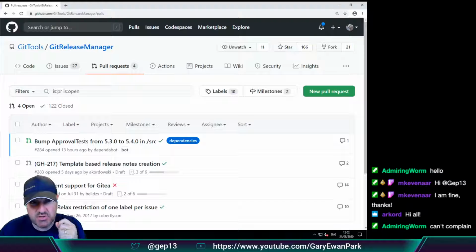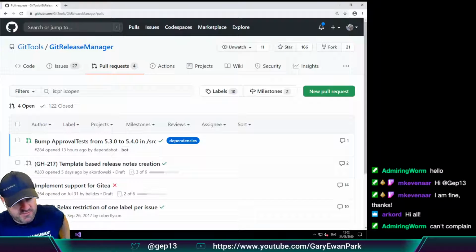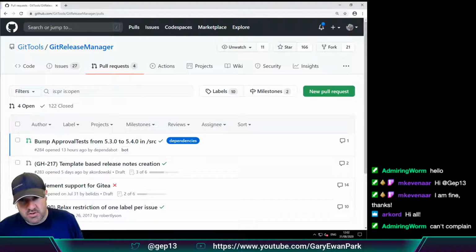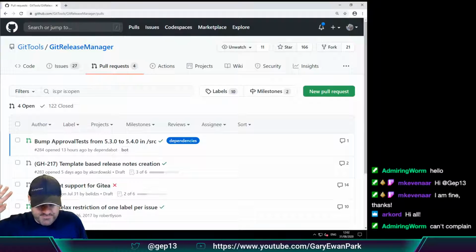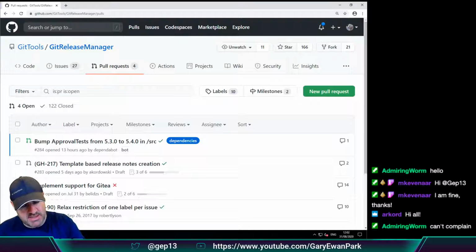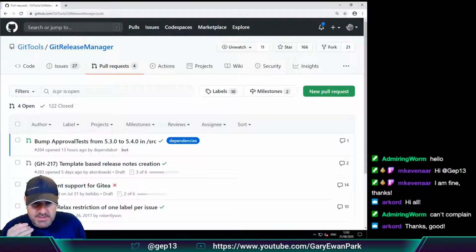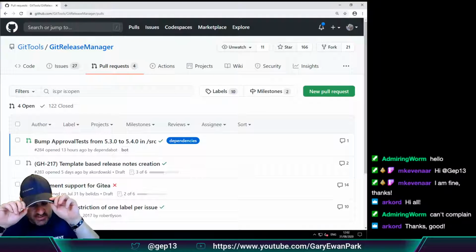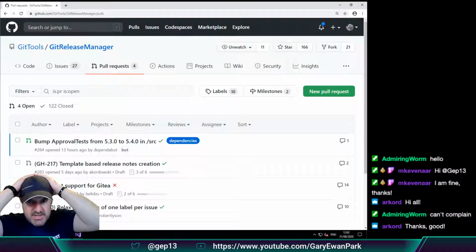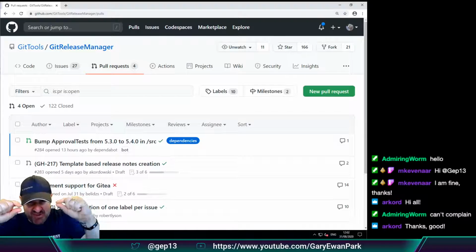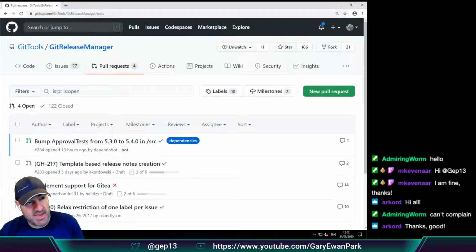Tonight's stream is going to be a continuation of working on GitReleaseManager. So we got so far last week. There's still some work to be done. Through the week, I had been working on some cake.recipe stuff. So I'm kind of doing the two things at the same time in terms of open source projects at the minute. But cake.recipe is getting close to getting the 2.0 release out the door.